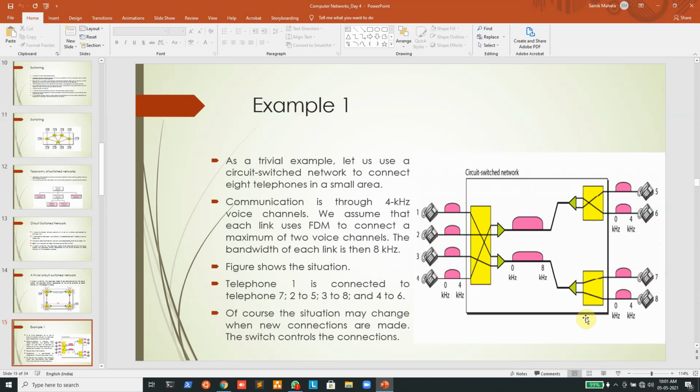Now of course the situation may change whenever new connections are made, which means whenever telephone 1 wants to communicate with telephone 7, it will